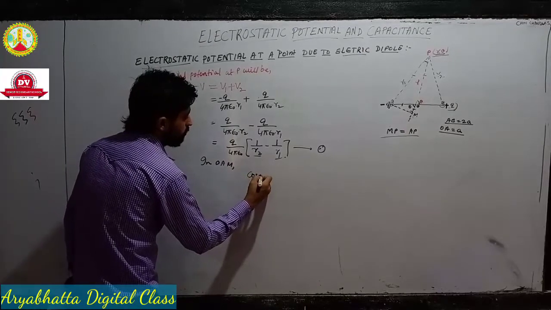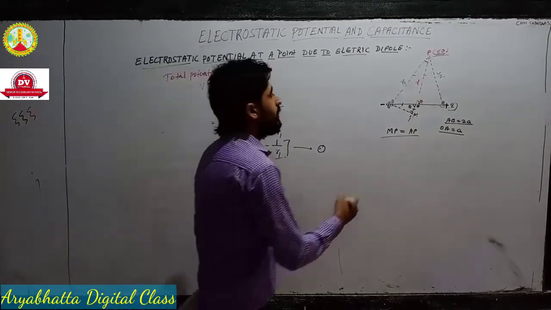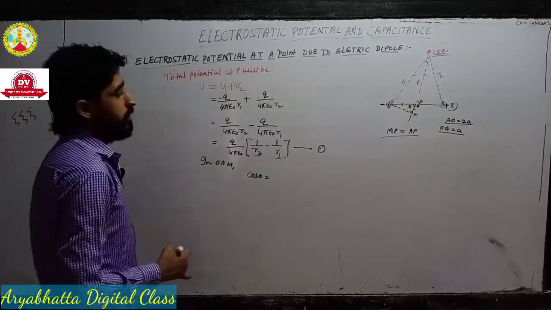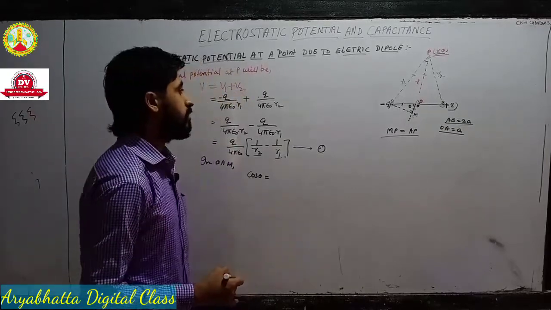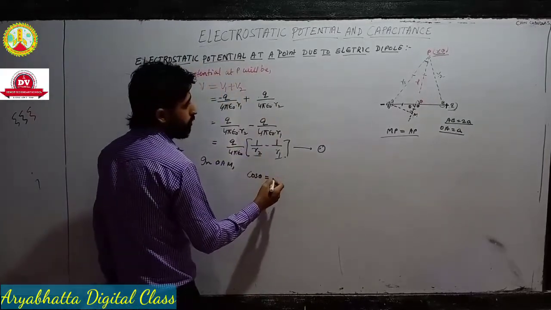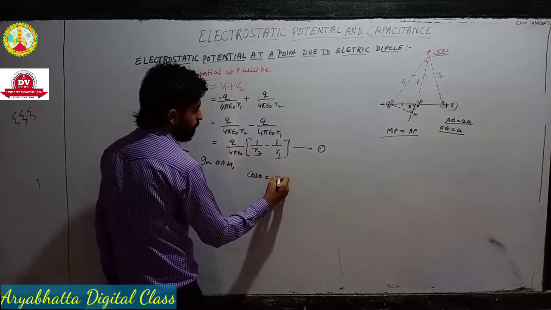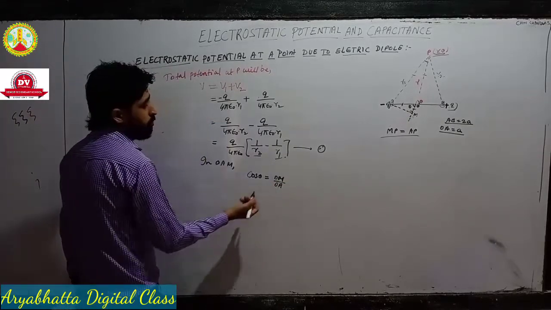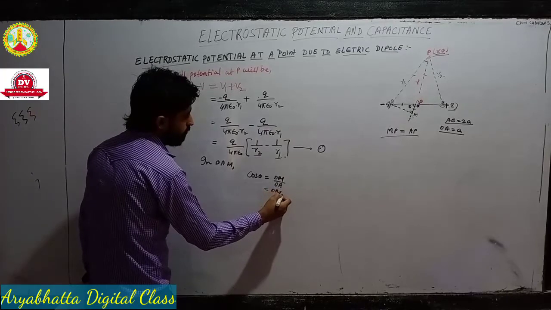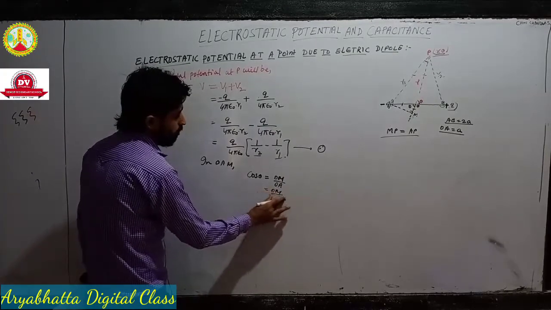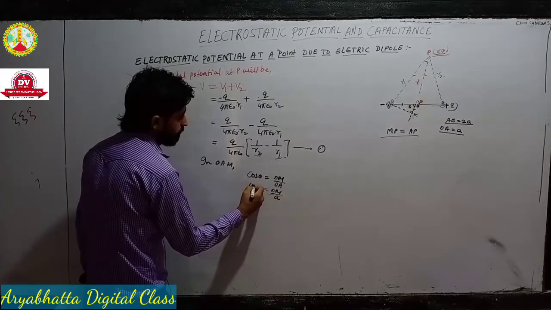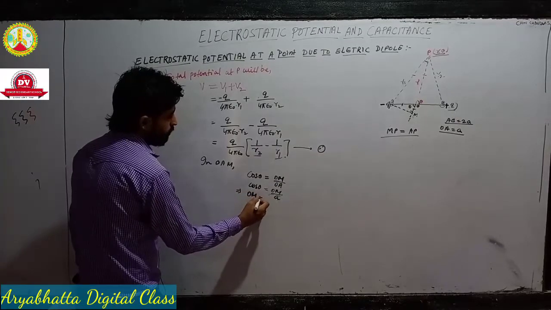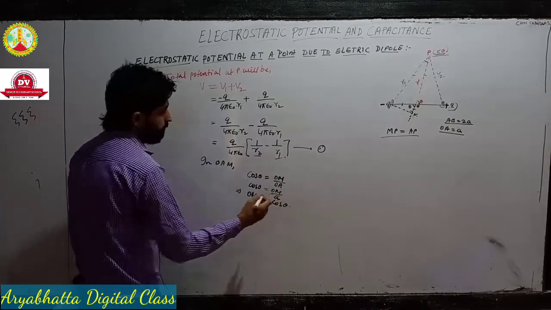Cos theta, because see, this will become your base and this is your hypotenuse. Cos theta gives the relation between base and hypotenuse, right? So now cos theta will be equal to base by hypotenuse, that is OM by AO or OA. I have already told you OA is nothing but A. So from this, what can I get? The value of OM. So OM is equal to A cos theta.